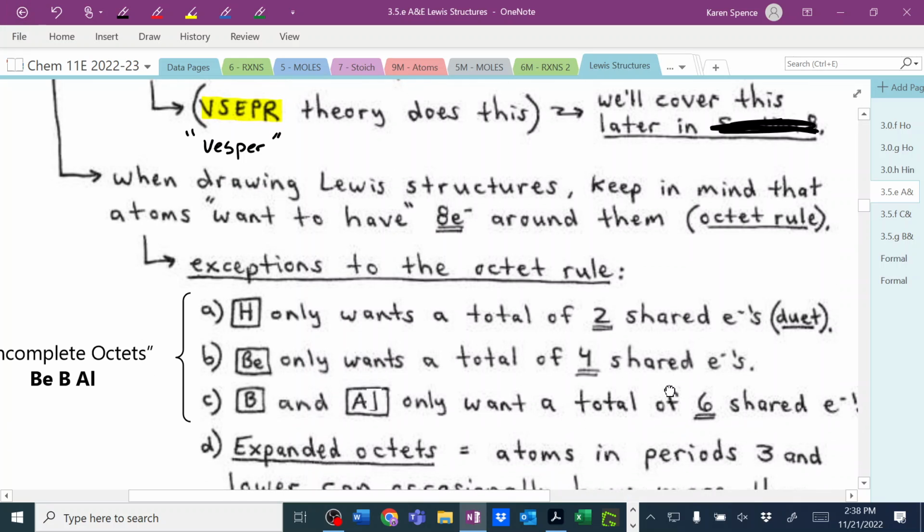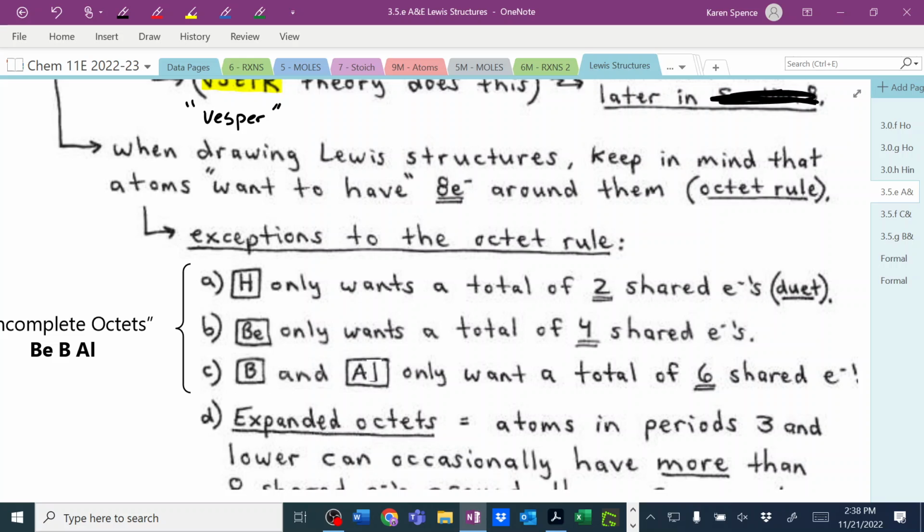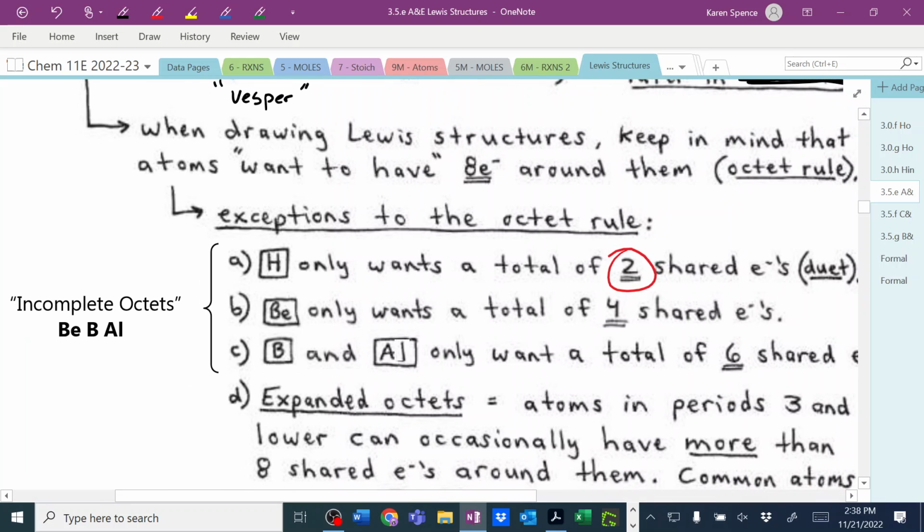Okay, so exceptions to the octet rule. Hydrogen obviously only wants 2, because it would be full once its first shell has 2 electrons. There are 3 others,